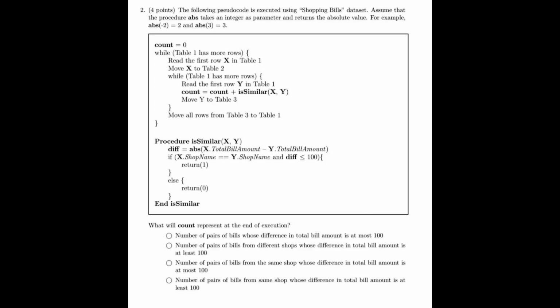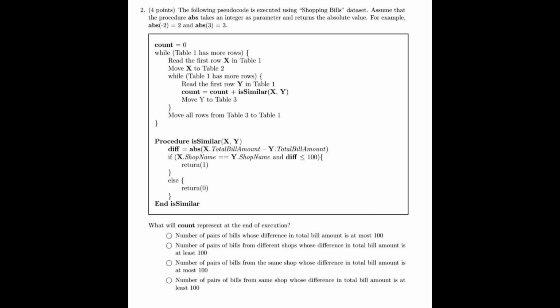Hello everyone, let us discuss the second question of the graded assignment. In the second question, they have asked us what count will represent at the end of the execution. In the code, we can see that first they have initialized the variable count to 0 and then they have